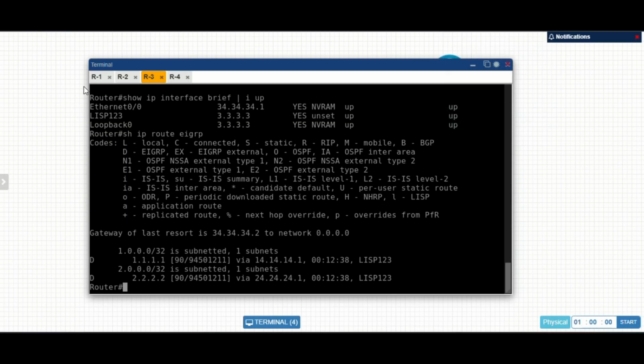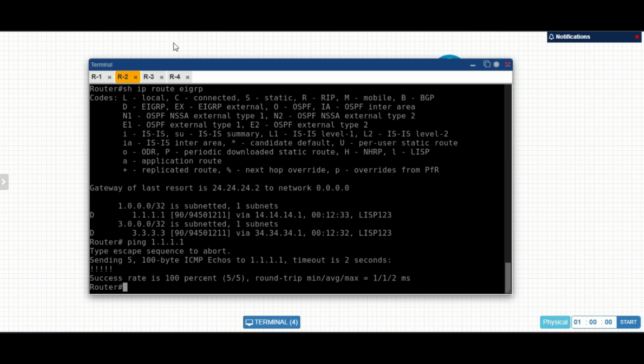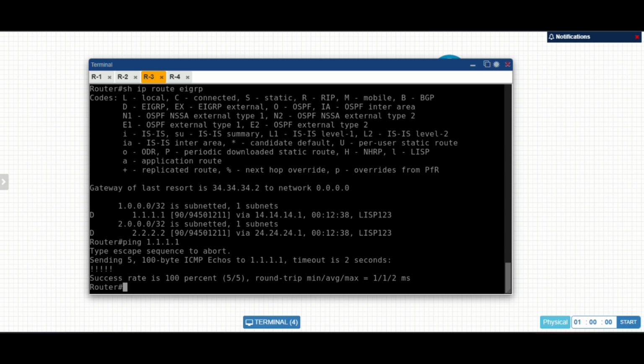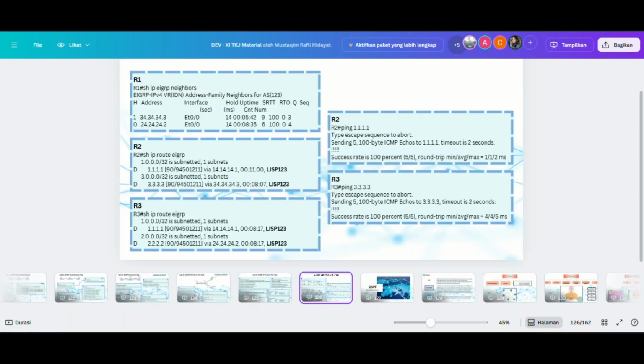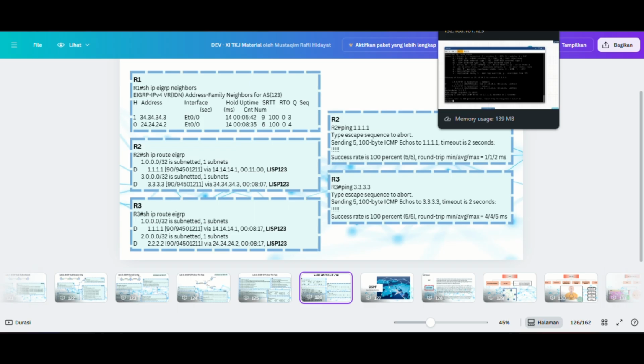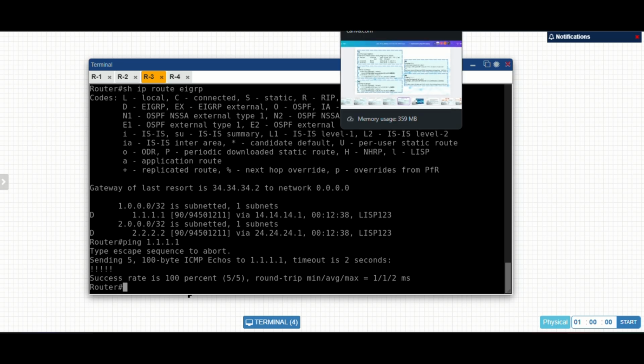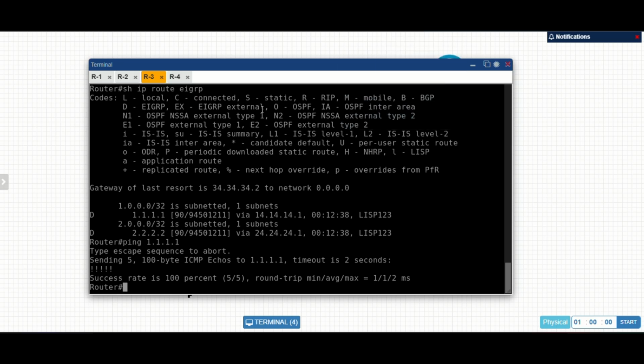So after that, in the router 2, we will ping router 1 loopback, connected, and then router 3 also connected. So we have already built AGRP over the top, completed, and now we can practice with this guide video. Thank you very much. Wassalamualaikum warahmatullahi wabarakatuh.